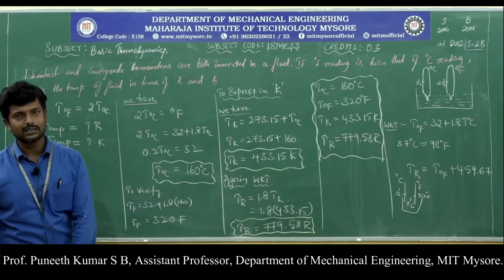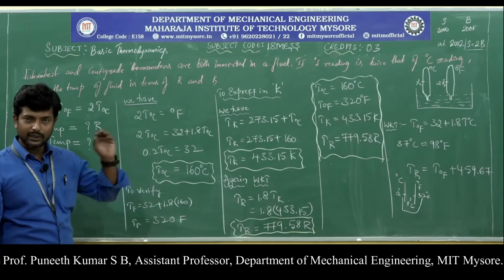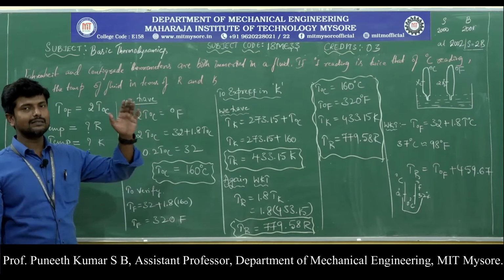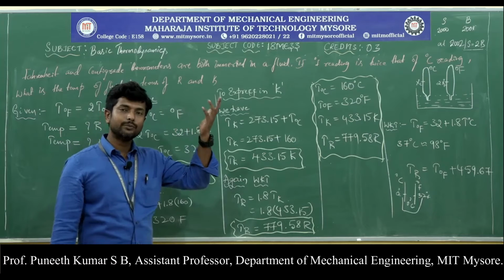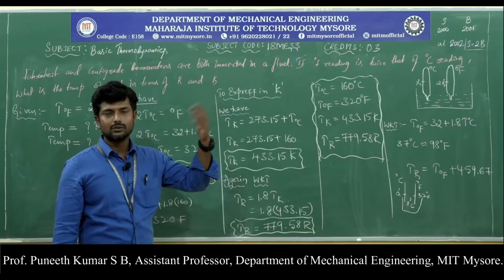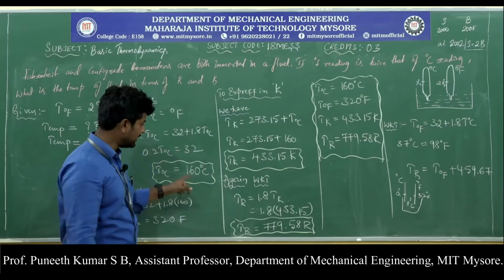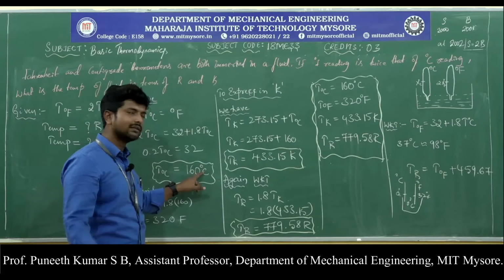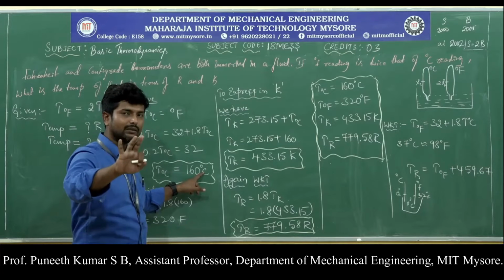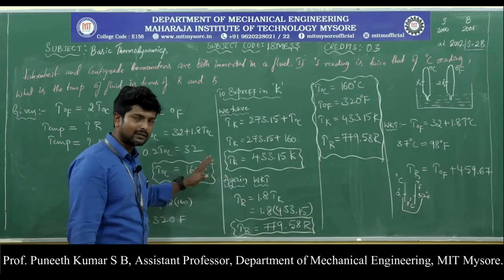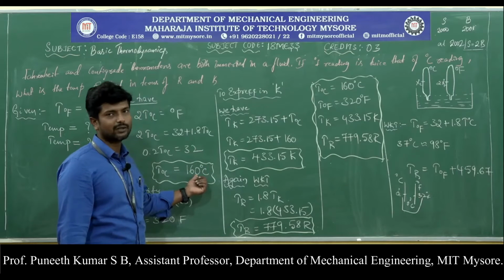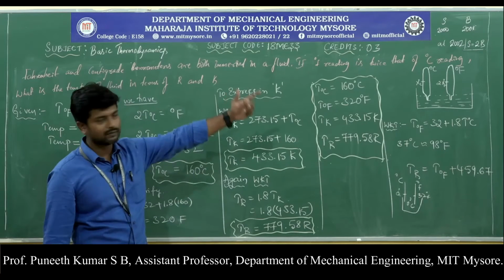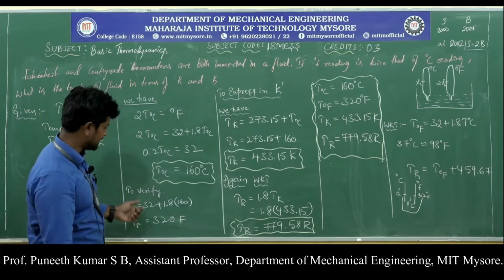What does this 160 mean? When the temperature reaches 160 degree centigrade, the Fahrenheit value should be double. To cross-check it, only at 160 degree centigrade will the Fahrenheit value become double. At any other value this is not going to happen. Only at this particular value will this phenomenon occur, as I gave in the example previously.